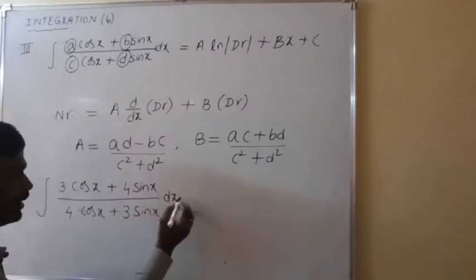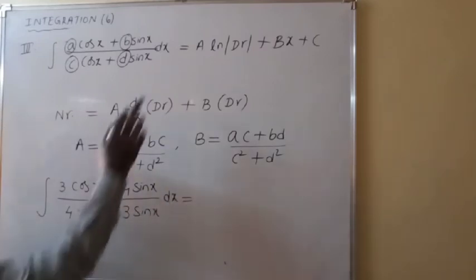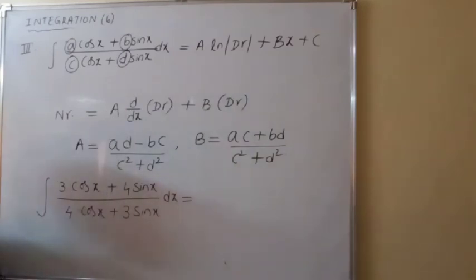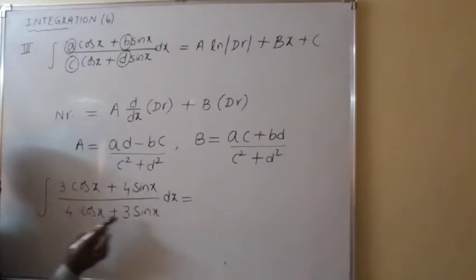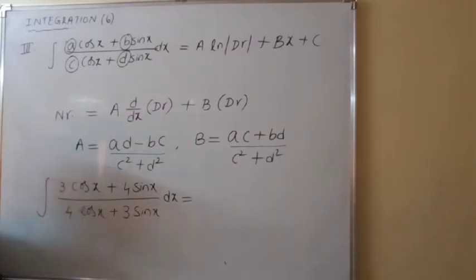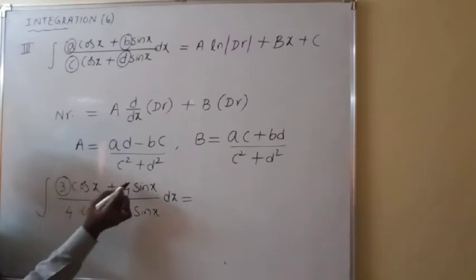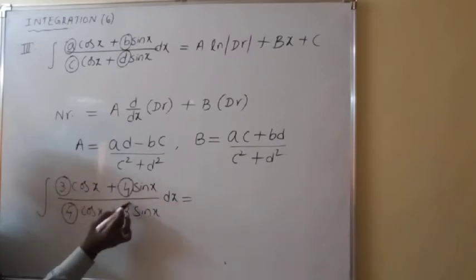See, remember, while you are going to apply this formula, be careful. First you have to always write the cos x term first, after that the sin x term. Then you apply that shortcut formula. So what is the shortcut formula? Cross multiplication. What are the coefficients here? 3, 4 in the numerator, and 4, 3 in the denominator.